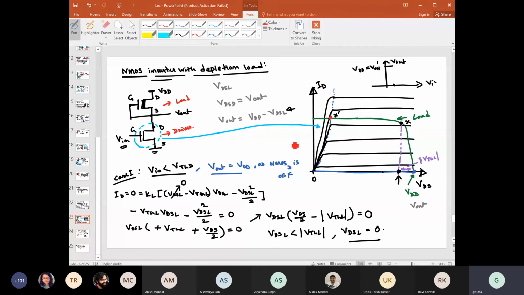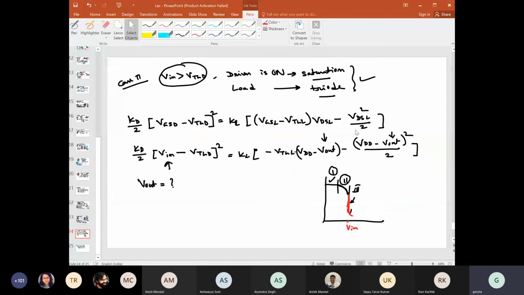If you do that, it is the same expression, and you have to write it again and again. But there you can guess one thing from here itself: one is in saturation, the other one is in the linear region. So the input output characteristics will also not be linear, because one will have that square term, the other will not have the square term, right? So the input output relation between V in and V output is nonlinear. So for this region you will have the VTC, the input output characteristics, as nonlinear. If you now plot that in the VTC, you will get this plot. So this is the case 4.